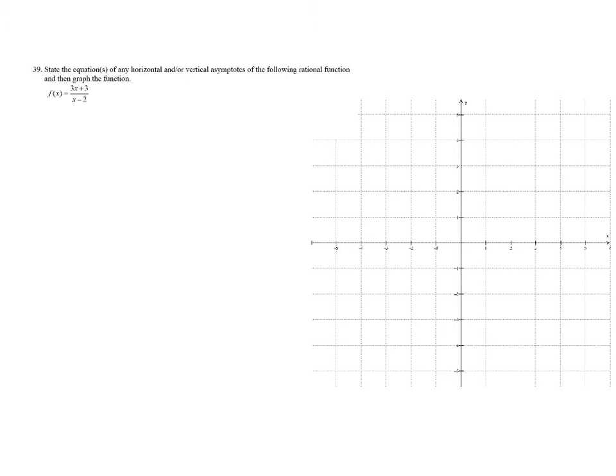In this problem, we're asked to graph a rational function by first finding the equations of the horizontal and vertical asymptotes. To find the equation of the horizontal asymptote, you should compare the degrees of the numerator and denominator. In this rational function, both numerator and denominator have degree 1, so they have the same degree. When that is the case, then the horizontal asymptote is equal to the ratio of the leading coefficients. So in this case,